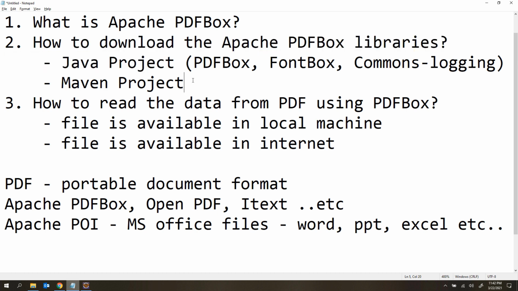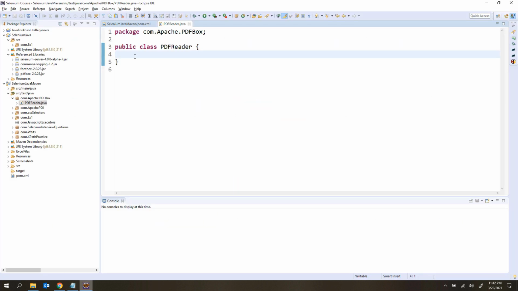So that means we need to assert the values also. If you want to verify whether the value is present or not, we need to use the assertions here. Instead of using JUnit or something, I'm going to choose TestNG here. In many Selenium WebDriver projects, we use TestNG only, right? So that is why I'm going to use TestNG here.